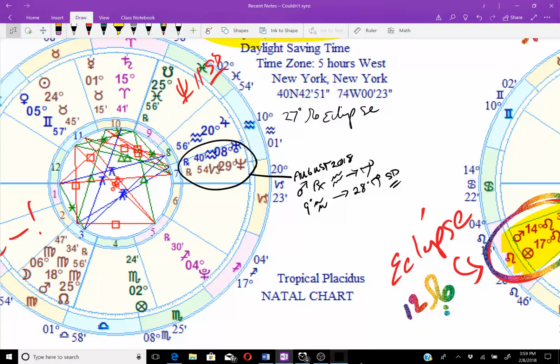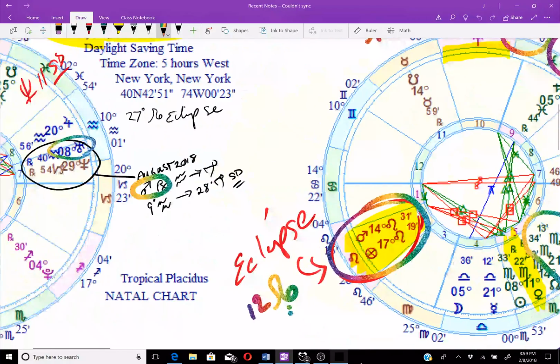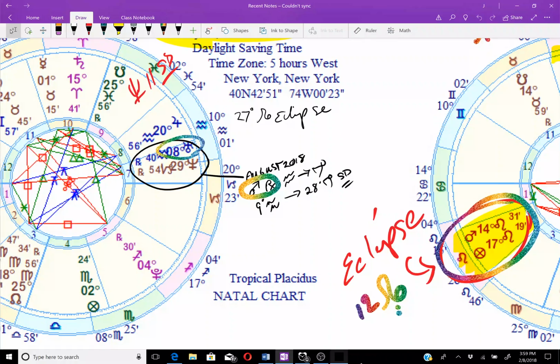What's fascinating and important about these stations, when Mars stations retrograde, it's going to do it right here on that Uranus. And again, Uranus in the incorporation chart rules stocks and investments and mergers, right? I really hope they don't merge, because that's literally going to be the death of the company. And it's the same thing in the regular business chart. So this Uranus rules exclusively the 8th house, okay? Which is also insurance. So insurance, taxes, legacies, mergers, shared resources, all of these things come under the auspices of the 8th house. So Mars retrograde is absolutely